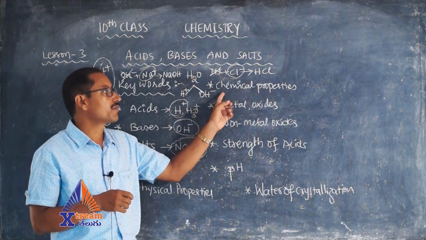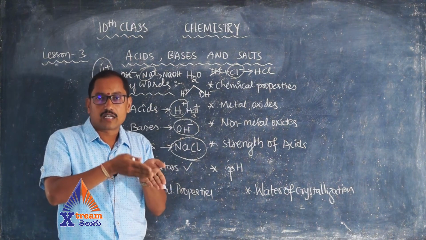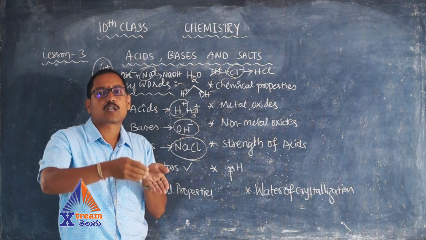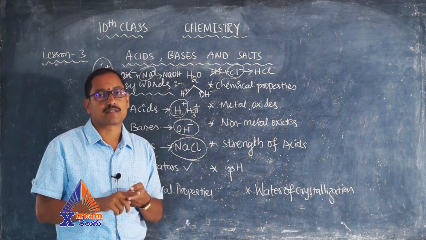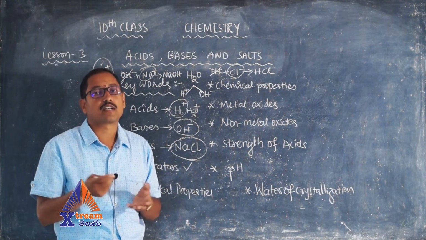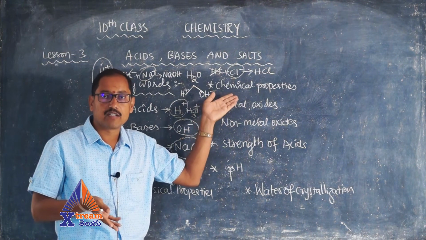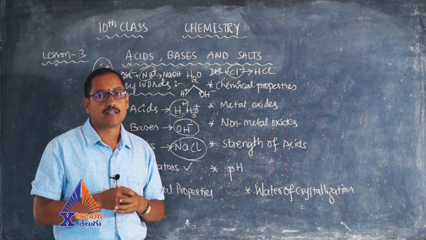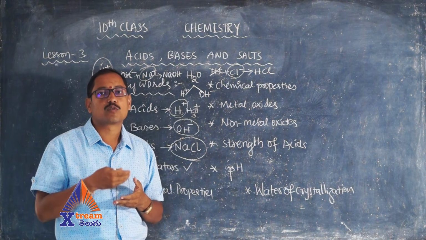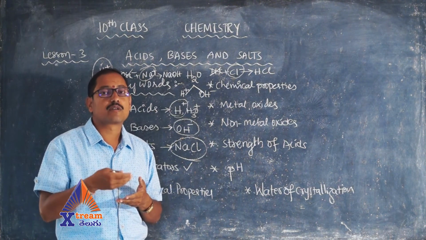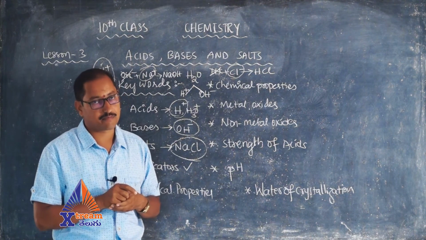What about chemical properties? Chemical properties are nothing but if this material or given chemical compound is made to react with some other chemical compound, what kind of reaction will take place between those two to produce what kind of chemical? That means we are going to see the chemical reactions between the given compound and other compounds. Then it is called chemical properties. So chemical properties are those properties which give us information about various chemical reactions with the given substance.